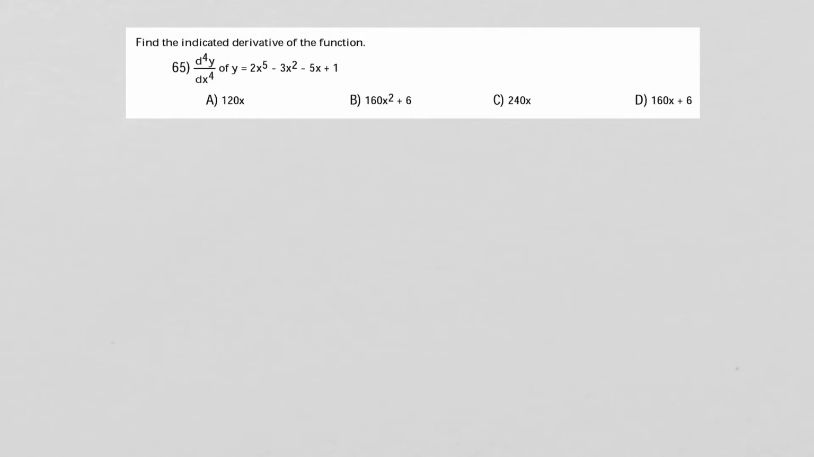In this problem, I want to find the indicated derivative of the function, and in this particular case, that's the fourth derivative of the function y equals 2x to the fifth minus 3x squared minus 5x plus 1. So I'm going to start by finding the first derivative, dy dx,